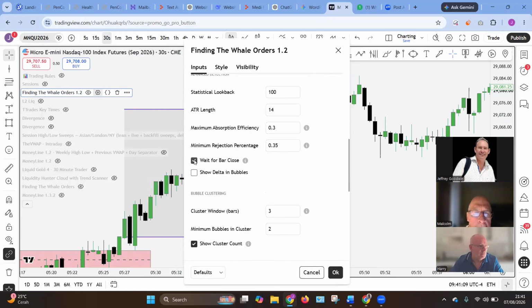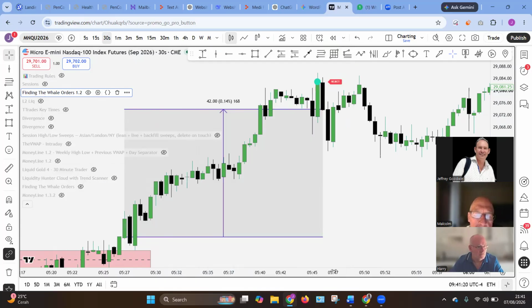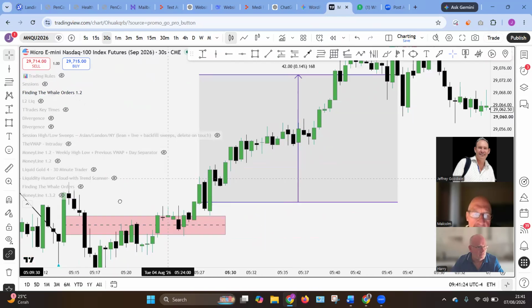If you want completion, that's what you do. Okay, so if you haven't got that ticked, in real time it can go both ways. That's not for these little divergences, or the divergence, I suppose, as well.